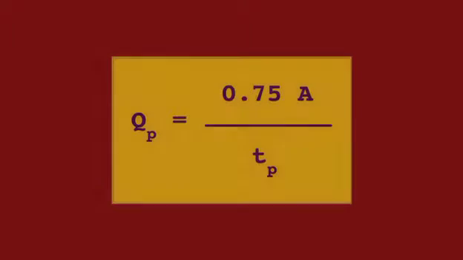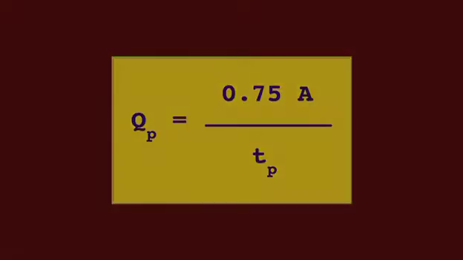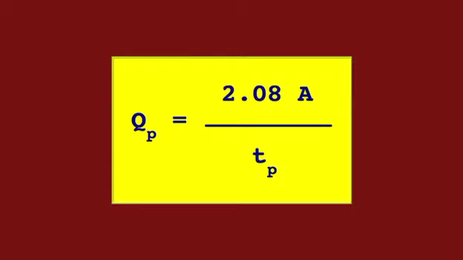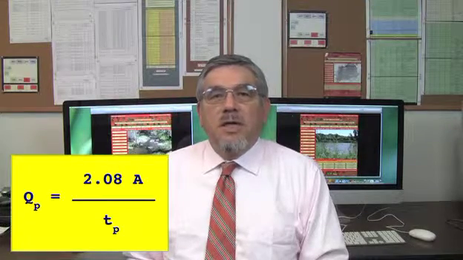The unit hydrograph peak flow formula is, in SI units, the peak flow formula is, in which Q sub P is the unit hydrograph peak flow for 1 centimeter of effective rainfall in cubic meters per second. A is the catchment area in square kilometers, and T sub P is the time to peak in